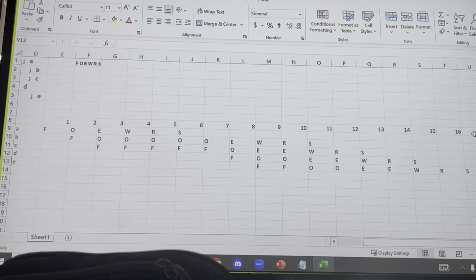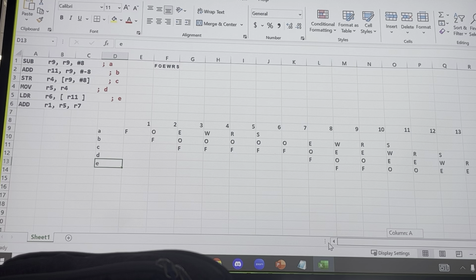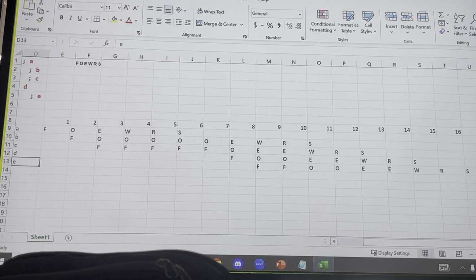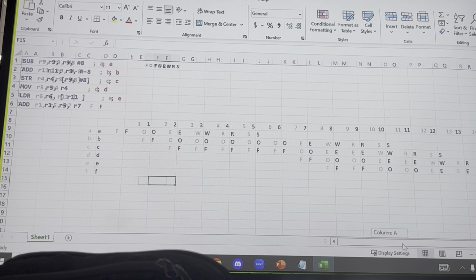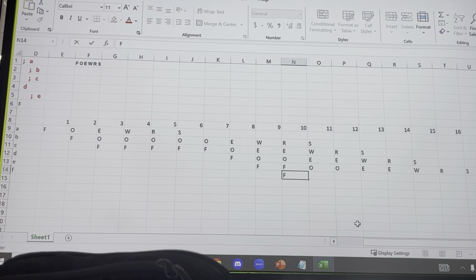Cool. But the answer did say it was 18, so we're on a good path, right? Something like that. Okay, so what now? We have one more? Yeah. We have an E instruction. We just wrote to E. Did we just do it? Yeah. Oh, we need F. Yeah, we have F instructions. Oh, come on, there's no F. Okay, gotcha. Now we go F there. Column 11, go there.